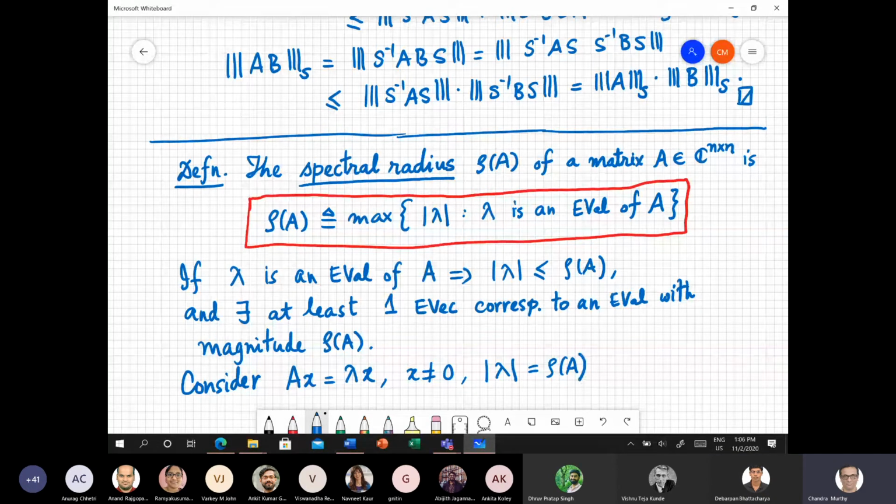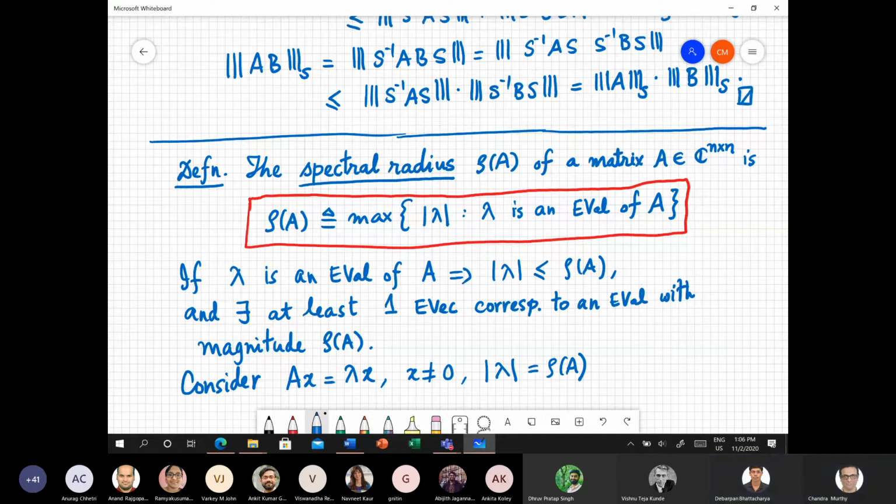But it's something that you have to prove. And when you say amplification, you have to keep in mind, in what sense? What property of the vector x are you thinking of getting amplified? For example, the direction of x will not be changed. In the same direction, amplification should be considered. That is true for any eigenvector of A, not only for the eigenvector corresponding to the eigenvalue whose magnitude is rho of A.